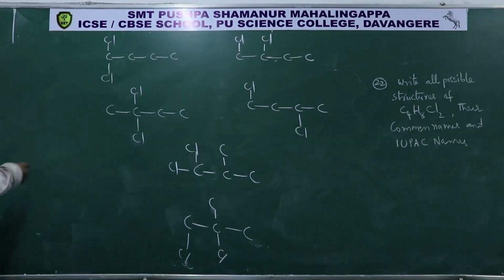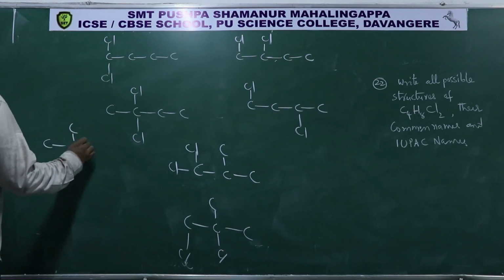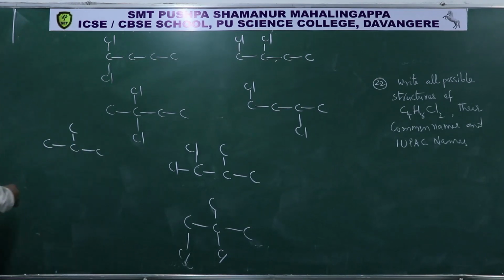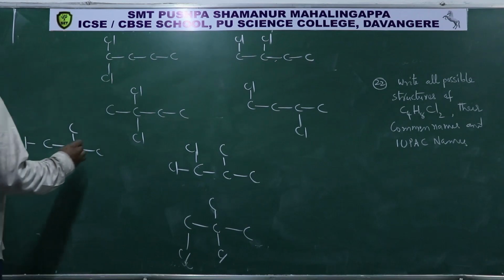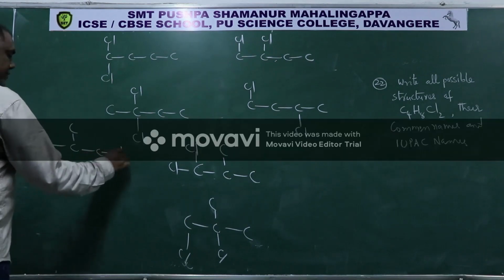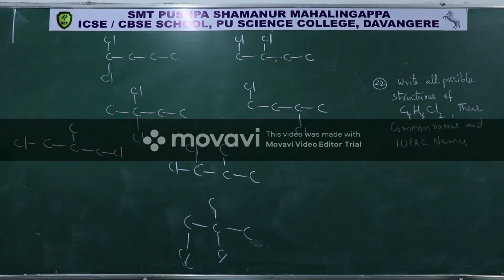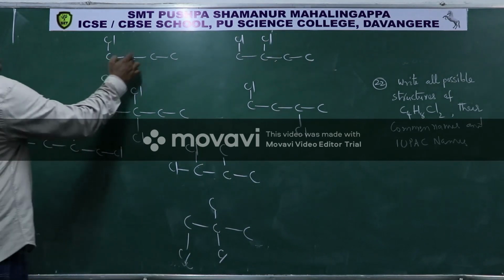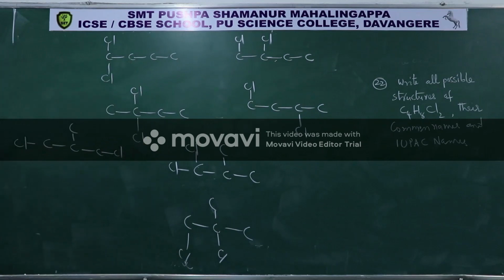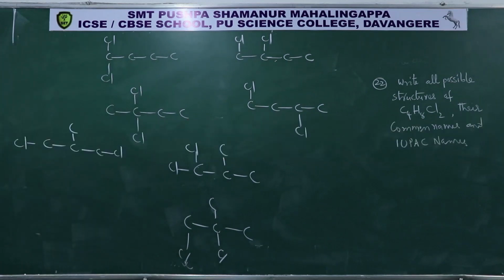Then one Cl to this, one Cl to this, or this is the same. So these are possible structures. Anyhow, the remaining hydrogens we can write here. Okay. Now